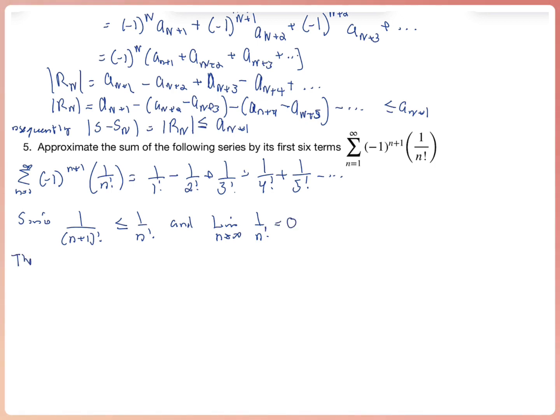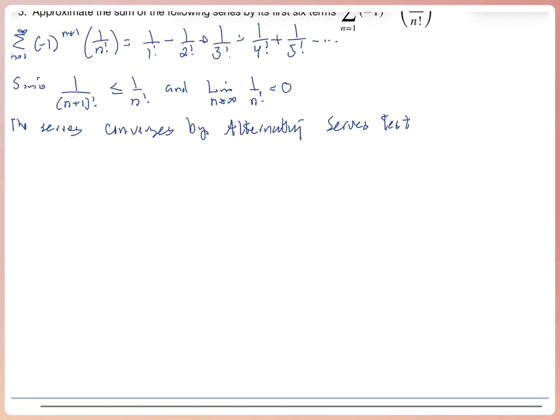Then we know that this series converges by the alternating series test. So I have to prove convergence first before I can use the alternating series remainder theorem, because it requires a convergent alternating series. All right, so let's